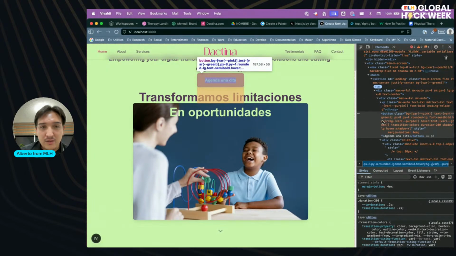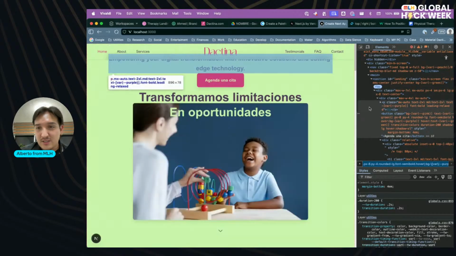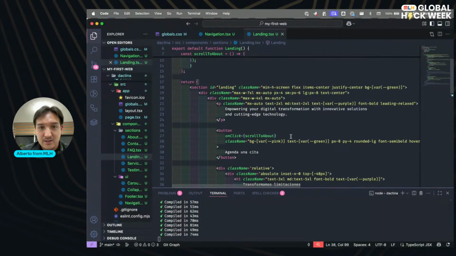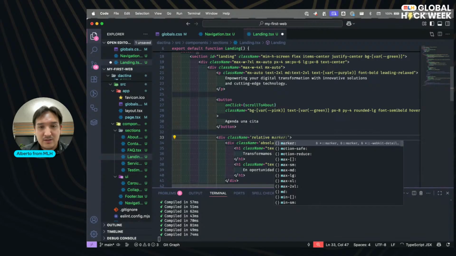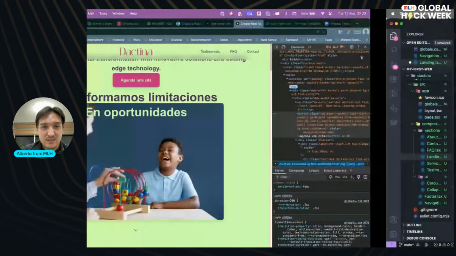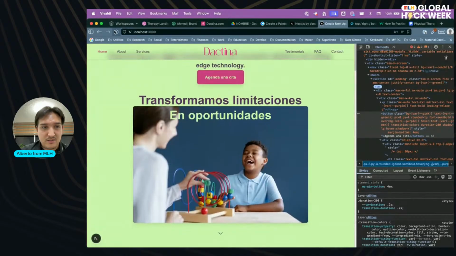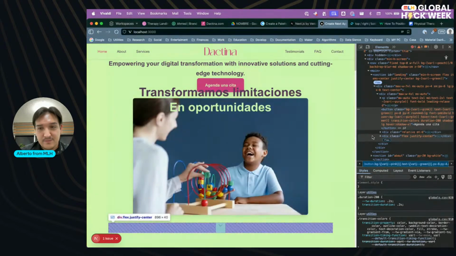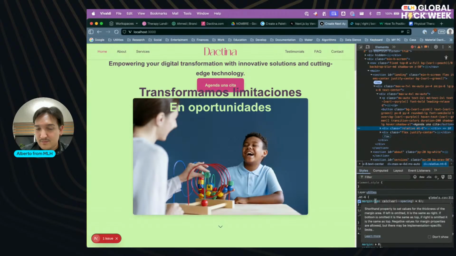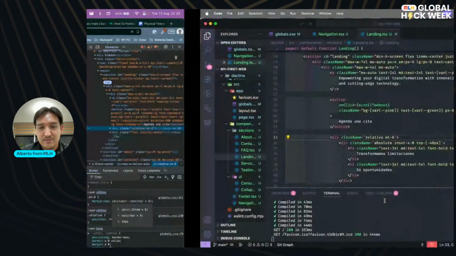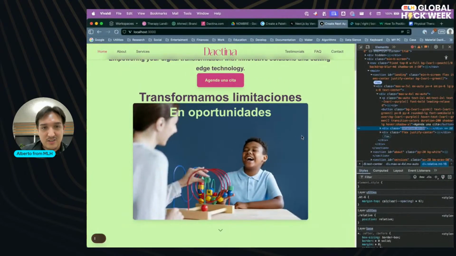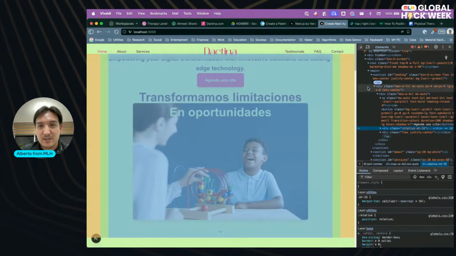See, the only thing we are missing is another time this relative margin top 6. Sixteen. Okay. Great.